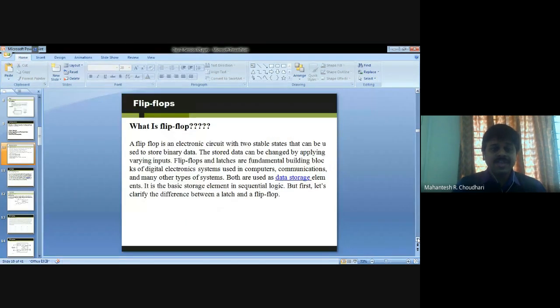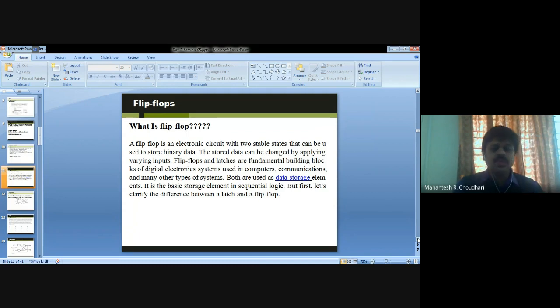Next is flip flops. What do we mean by a flip flop? A flip flop is an electronic circuit with two stable states that can be used to store binary data.